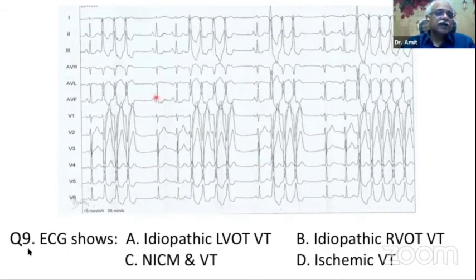And yes, these QRSs are completely normal, not showing any evidence of ischemia, old Q waves, LV hypertrophy, strain, nothing. So no evidence of non-ischemia or ischemia in the sinus beats, and in the sinus QRS complexes, everything is normal. Therefore, this is likely to be an idiopathic RVOT-VT. This is called the Gallavardin phenomenon, repetitive non-sustained VT. And interestingly, the drug of choice in this patient is beta blocker. So again, it's a ventricular tachycardia, but the drug of choice is beta blocker. Sometimes even IV adenosine terminates the tachycardia.